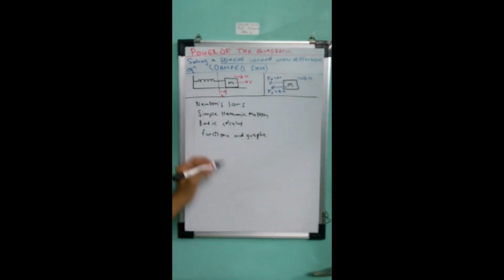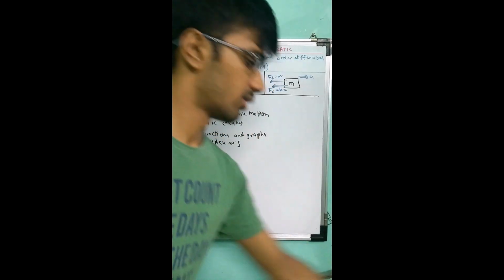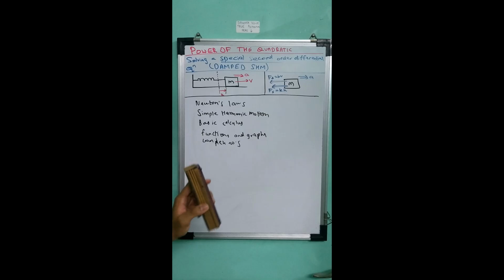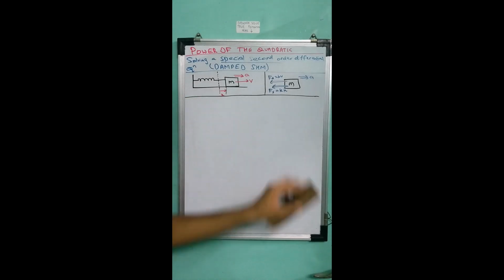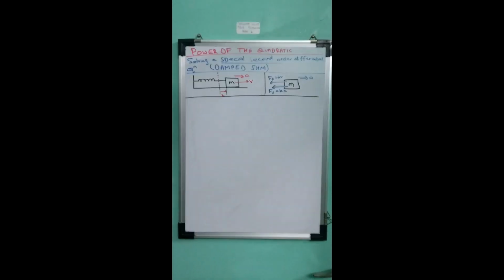Also, surprisingly, you have to know a bit of complex numbers here. So these are the prerequisites that you need to have. You just need to know basic level of each of these. Okay? So, if you're well versed with all of these, then you may continue watching. Alright. So where was I?